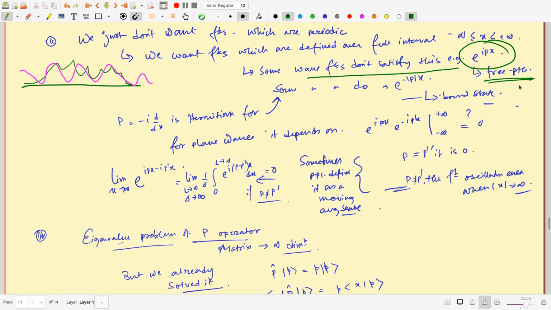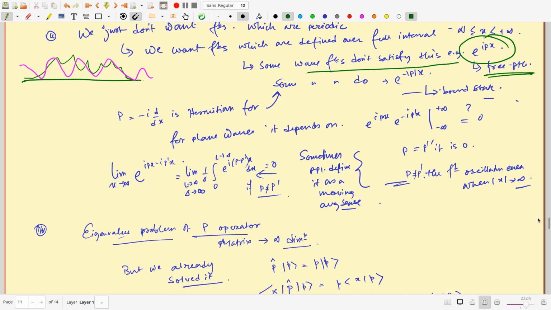So this is again a representation of the original problem, that these things are not truly square integrable, and they don't truly satisfy the requirement of a Hermitian operator measurement. But some wave functions of course will satisfy that, some kind of bound state wave function, which takes this form e to the power minus px, or plus px, a form which decays at infinity. So this is the kind of wave function which satisfies it.